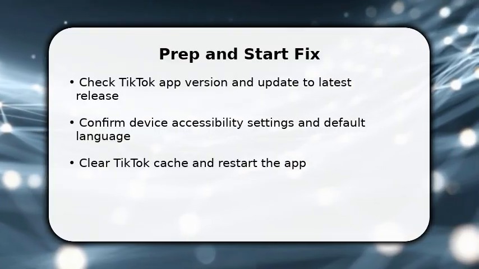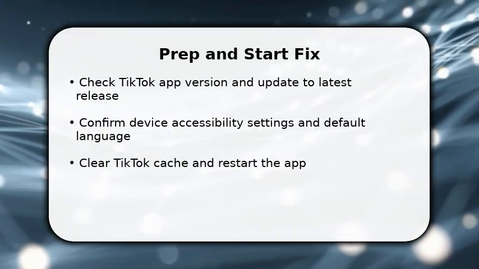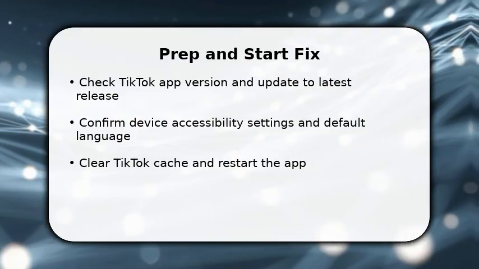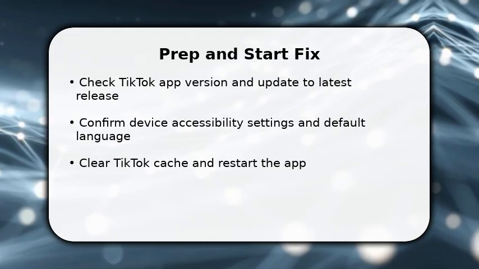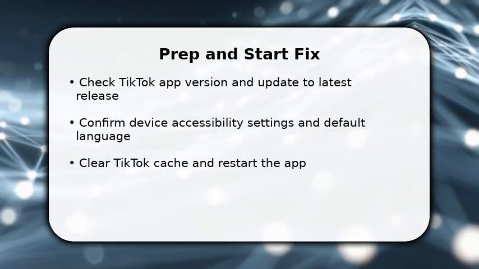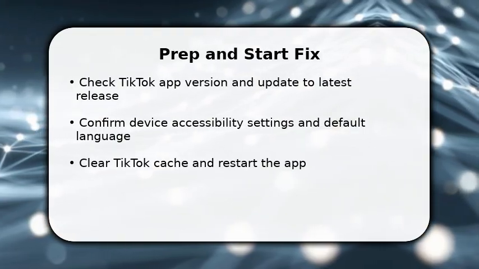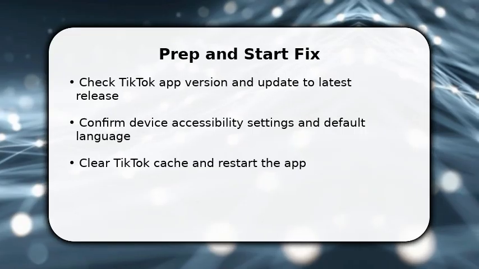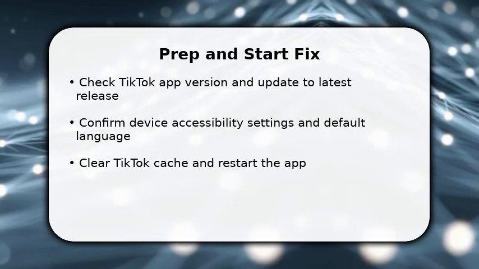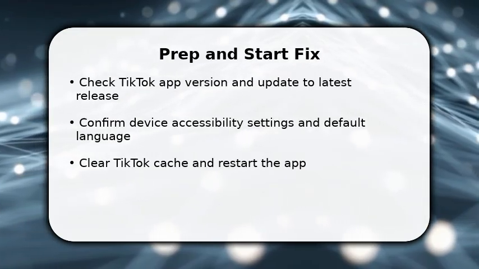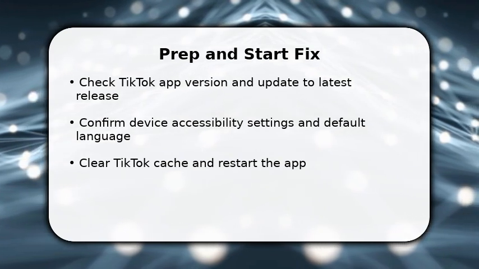You begin by confirming prerequisites. Update TikTok and verify your device language matches the clip language. Once done, open settings in TikTok and navigate to accessibility text-to-speech options. Make sure the TTS toggle is enabled and the preferred voice is selected. This prevents language mismatches. Next, clear the app cache or force stop TikTok, then relaunch. These initial steps remove stale data and align voice settings with content, so the rest of the fixes apply cleanly